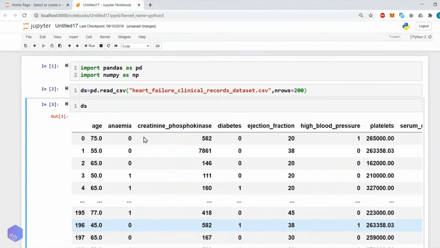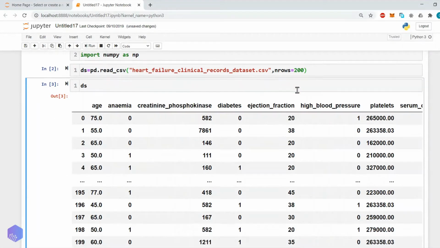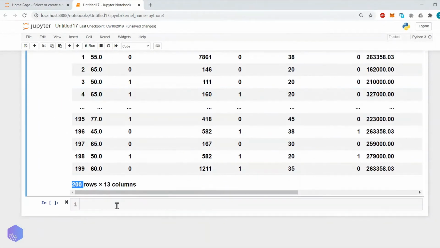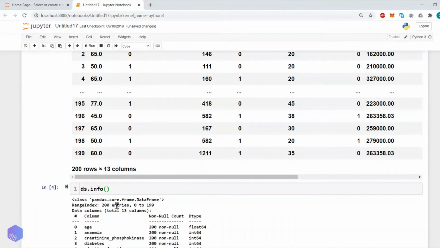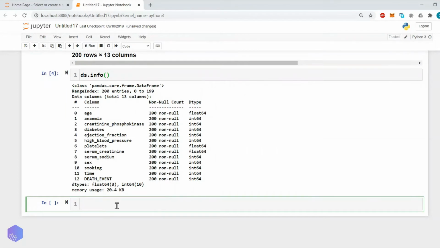If you look at this dataset file, you will find that there are 300 rows in the dataset, but as we specified only 200, only 200 will be loaded. Now let's have a look at the information of this dataset. ds.info will give us an idea of the data type of each individual column and how many values are present in the first 200 rows.